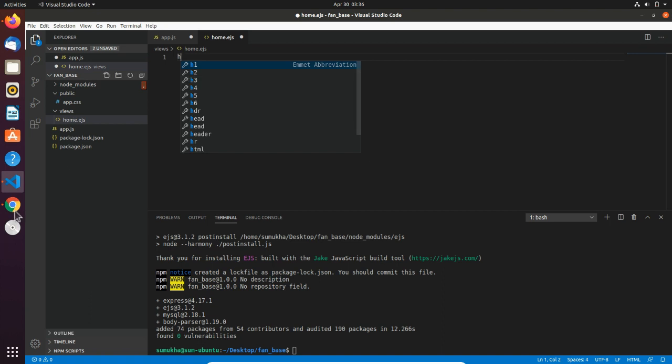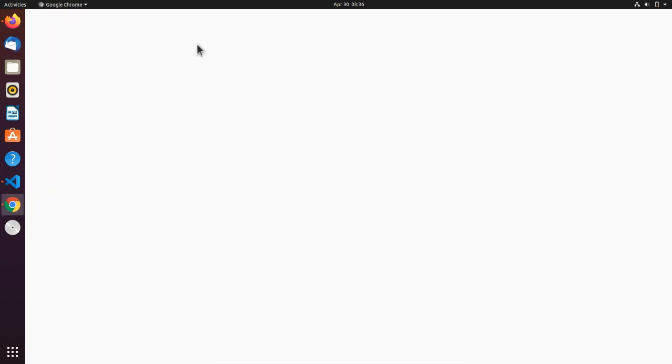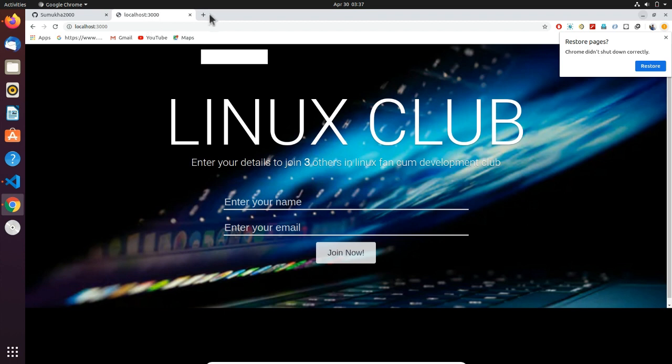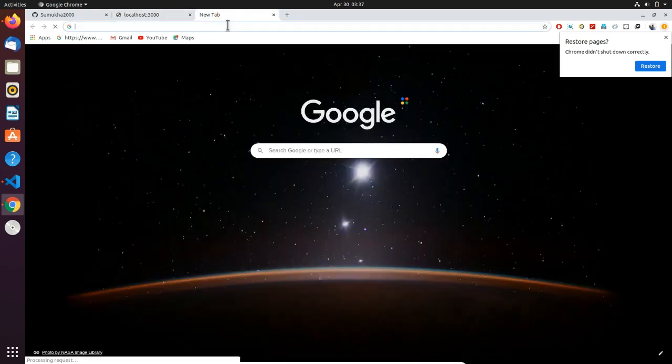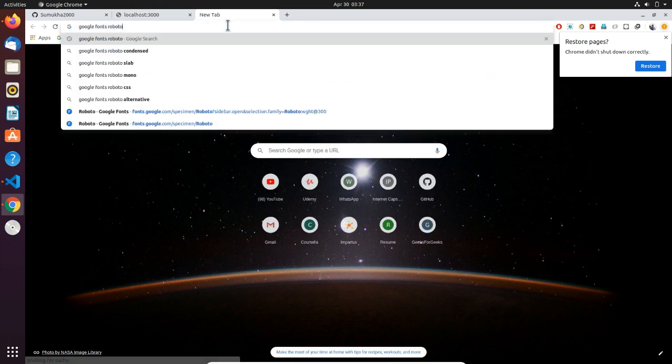So I'll go and get a Google font for our page. Okay, so this is a web page we are going to develop now, right? We'll come to that. So the font here is nothing but Roboto. So I'll just go to Google Fonts, Roboto.